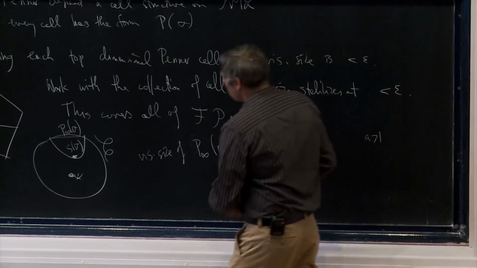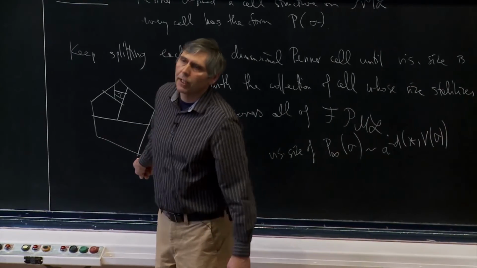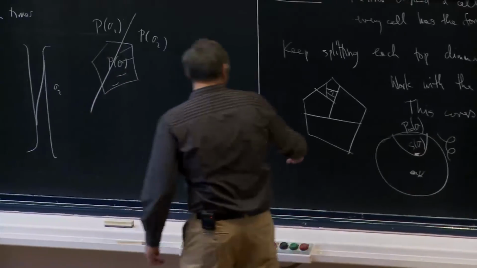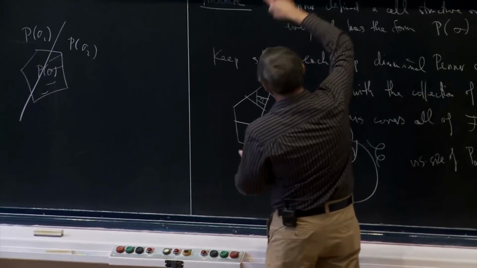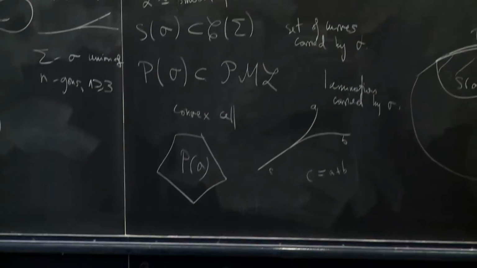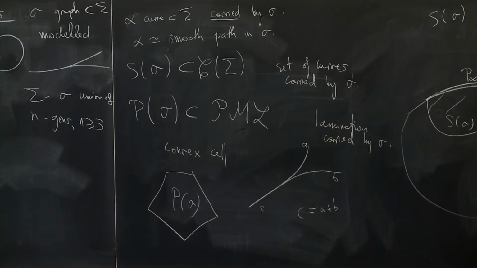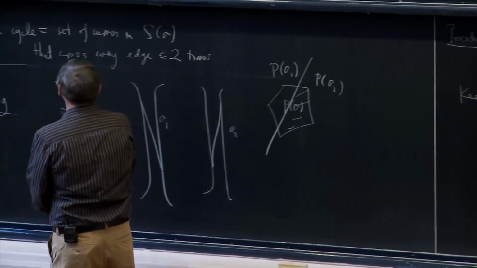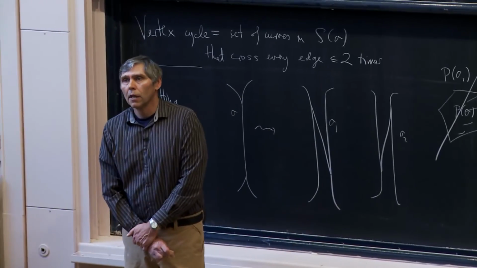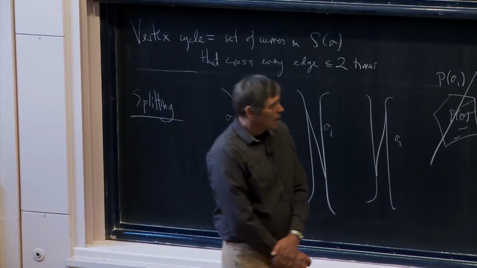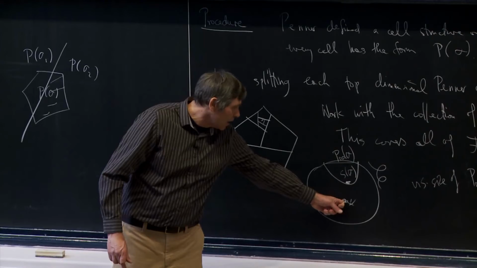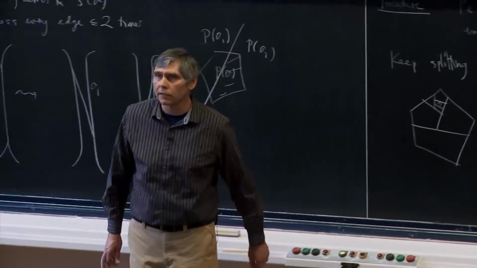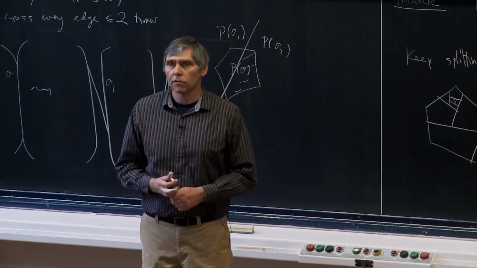Why? A face of a cell like this is really given by a sub-train track. If I have a train track defining the cell P of sigma, and I take a face, the face corresponds to saying that my curves don't pass through a particular branch. So this is like saying that I'm passing to a certain sub-train track. Well, any vertex cycle in the sub-train track is also a vertex cycle in the train track. That means that passing to a sub-train track doesn't change the distance between the base point and the base point of the set S of sigma very much. In other words, faces of my cells have roughly the same visual size as the whole cell.